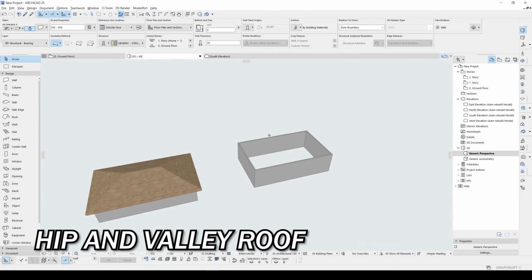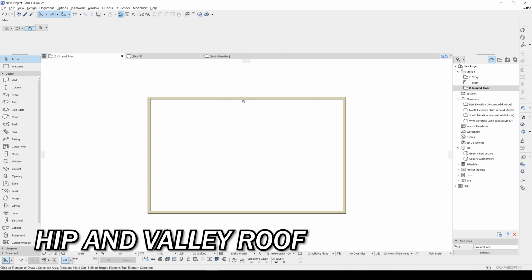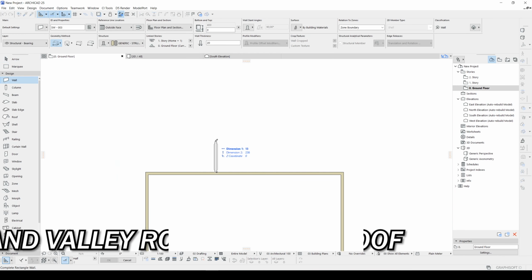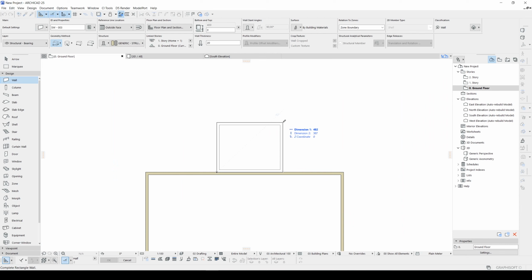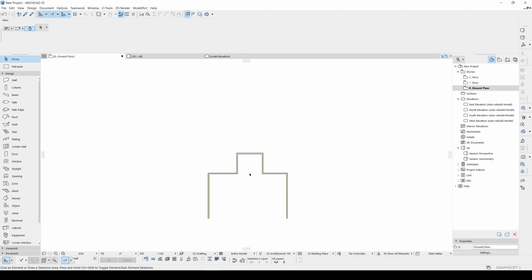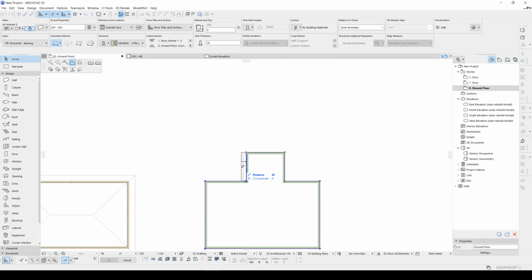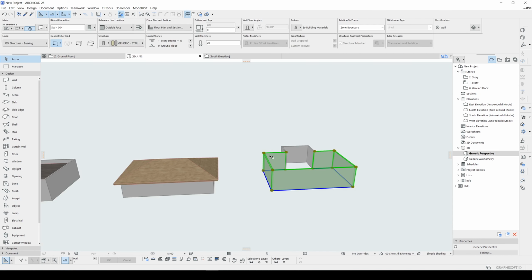Okay, next one will be hip and valley. To achieve this, we need an additional part for the building. Let's create that first. It will be something like this. Just like that.